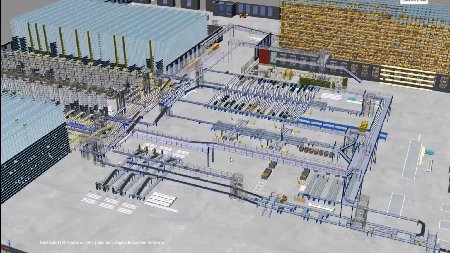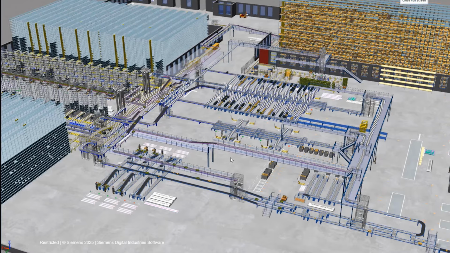So, okay, this is an example that probably you all recognize. This video is coming straight off Plant Simulation, and this is a comprehensive plant simulation model. In this case, it's for a logistics center. I'm quite sure that many of you have built something similar for your different projects, whether it is for testing layouts, optimizing flows, validating your capacities.